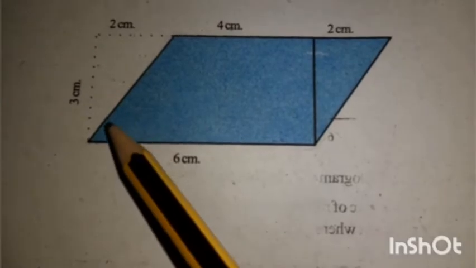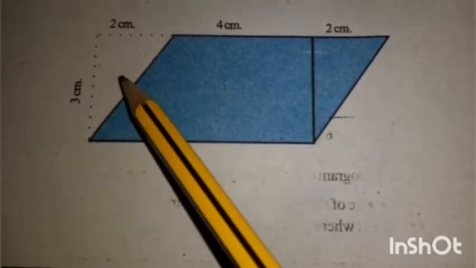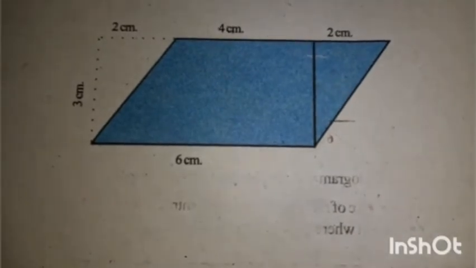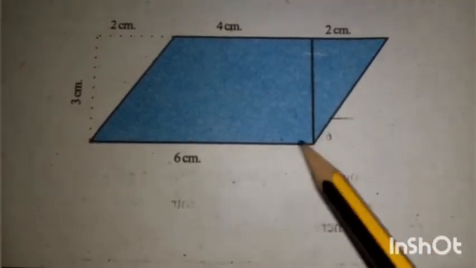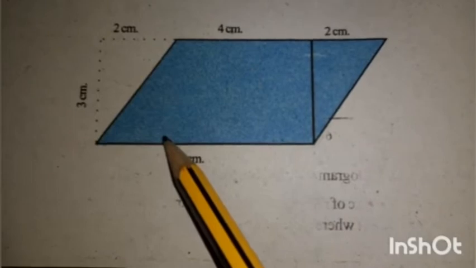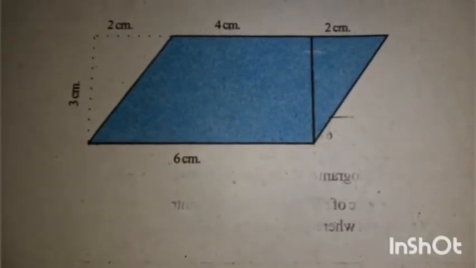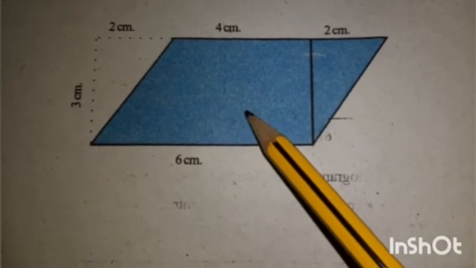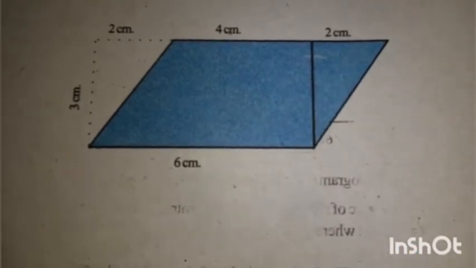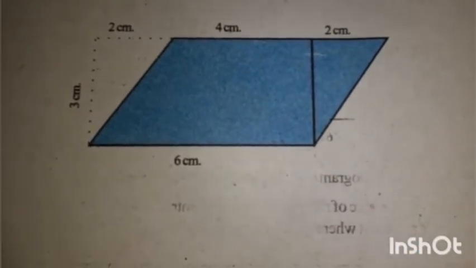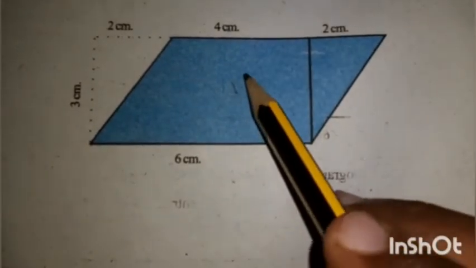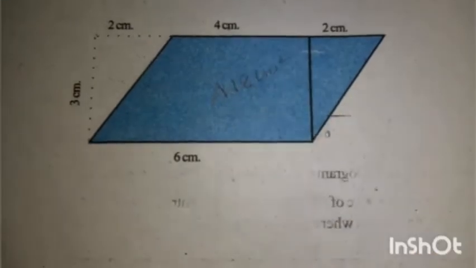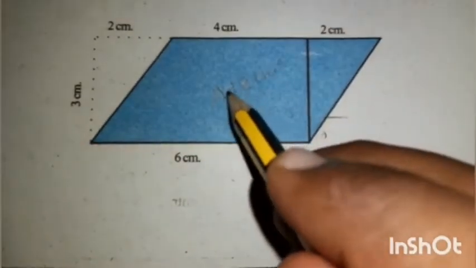Can you find out the area of this parallelogram? Did we remove anything? No. We cut off this portion and attached it here, so no portion is removed. So we can say the area is the same as which one? Rectangle. So the area of the rectangle and the area of this parallelogram are the same. The area of the rectangle we already found is 18, so this also has the same area, 18 centimeter square.